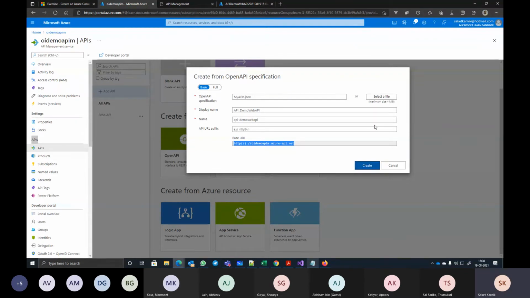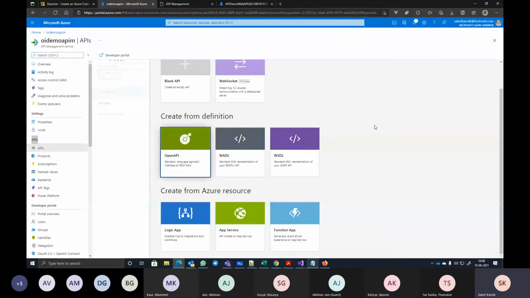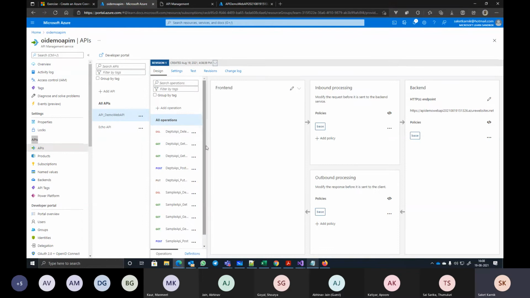Say create. It will automatically import the entire API definition from that JSON-based documentation into APIM. See, it's done. Both APIs, departments and sample APIs, are included here.